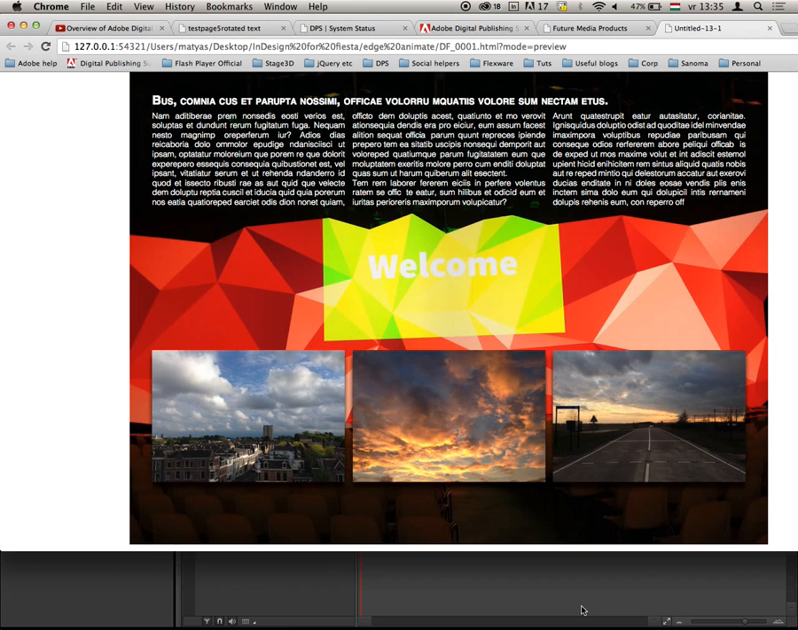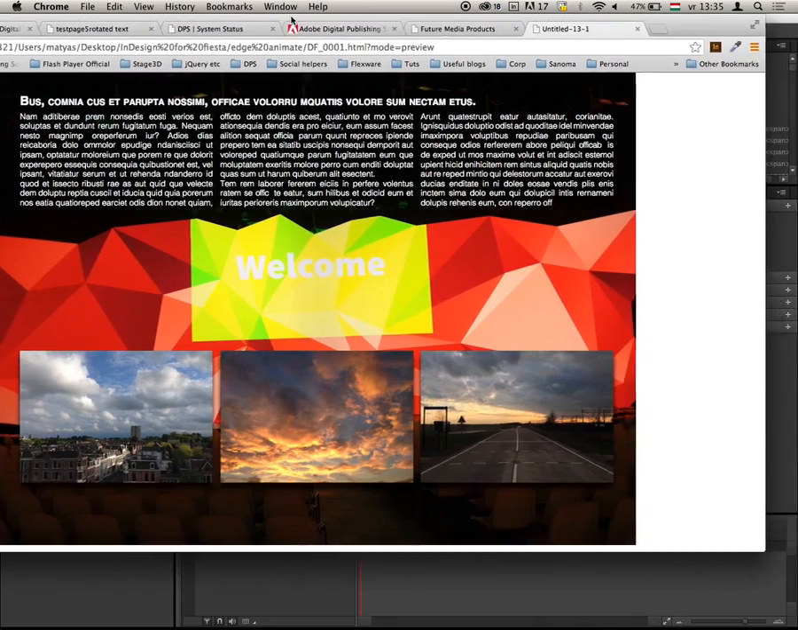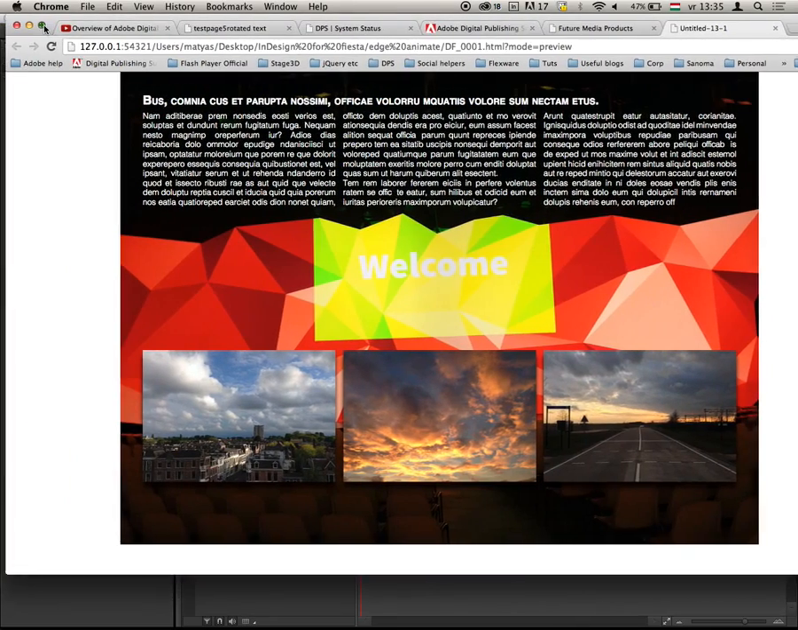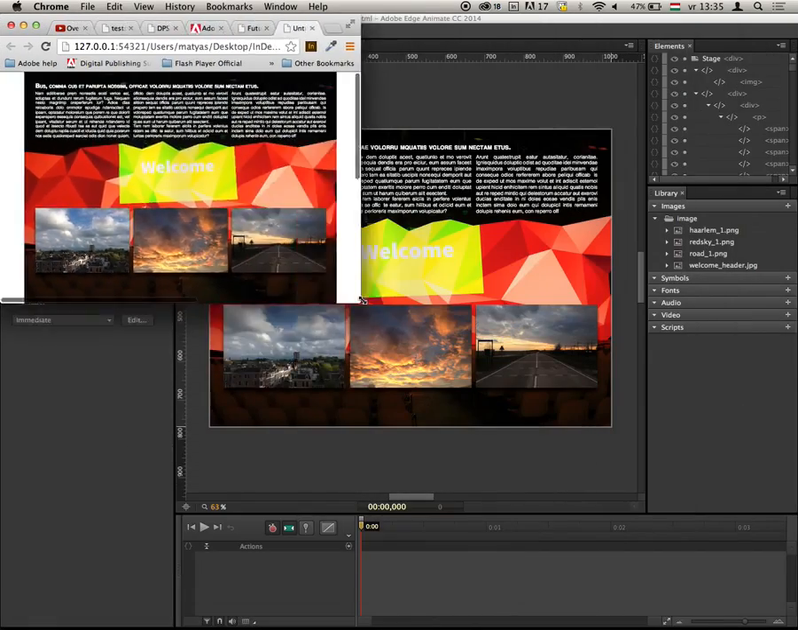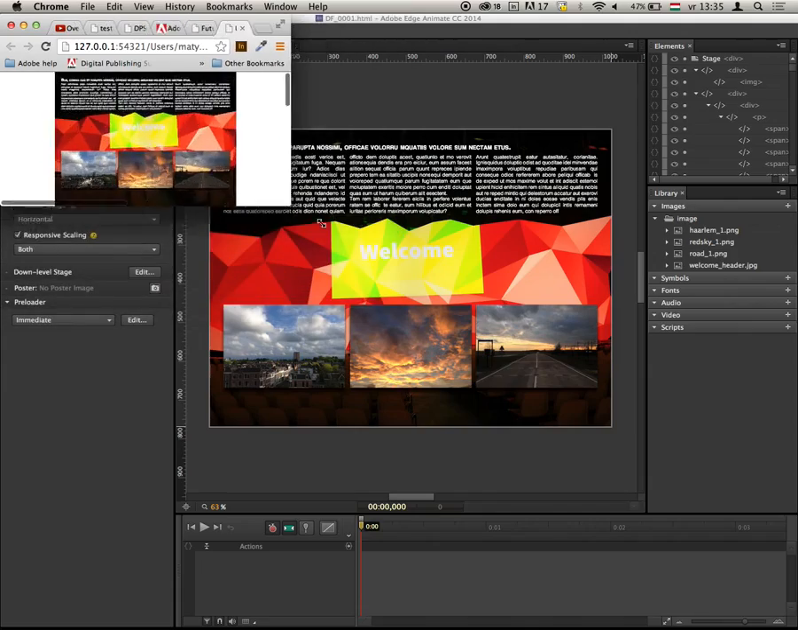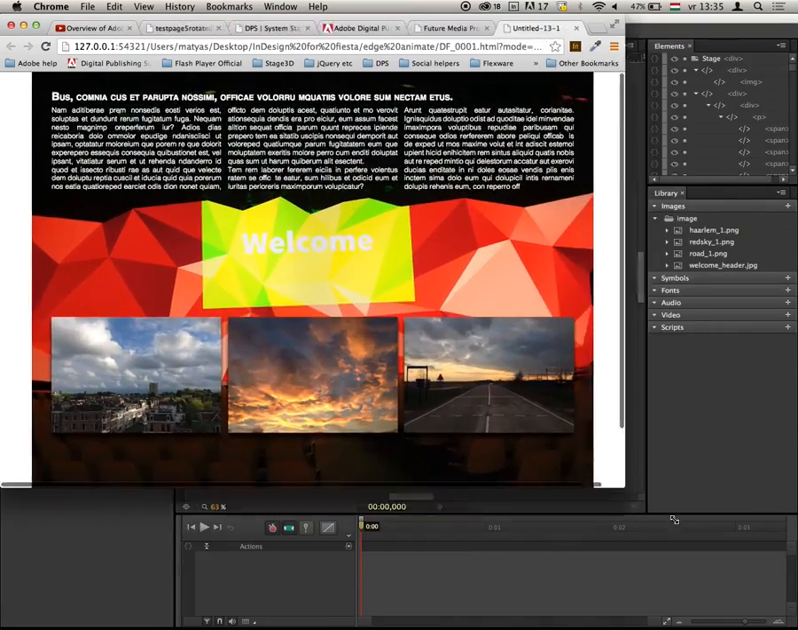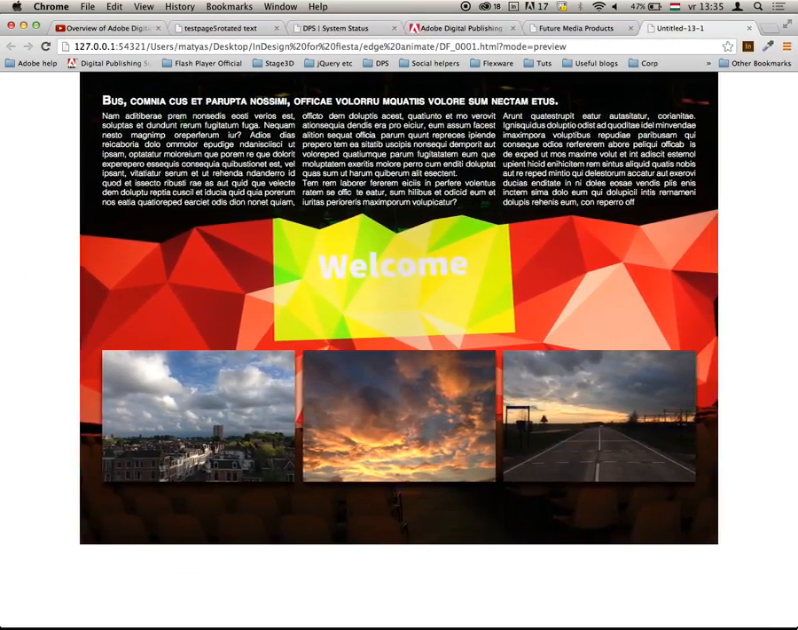If I test it from Edge Animate, you will also see that I can add, let's push this button here, yeah, this responsiveness to the site. So it becomes scalable. And if you imported the Edge Animate file from InDesign then,